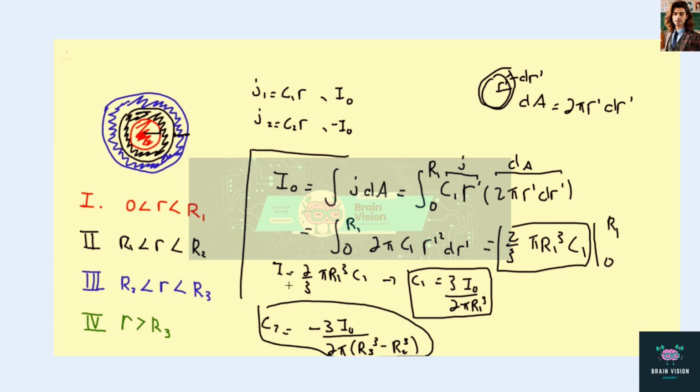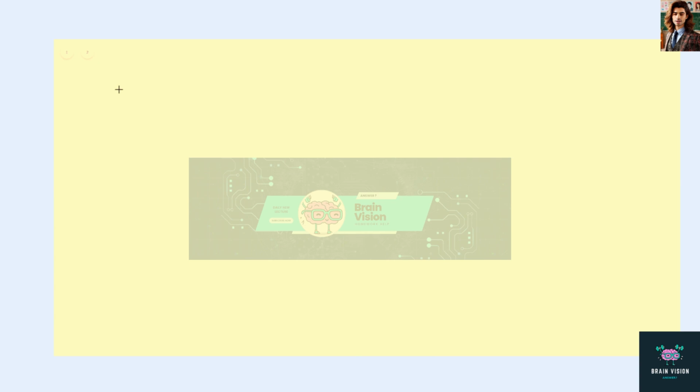So now we have our constants C1 and C2. And so now we can go about finding what the actual field values will be in these places. So we're just going to use Ampere's law for that. So we'll go on a new page here, and we'll start with region 1. So that's the red core, so from r equals 0 out to r equals 1. And so Ampere's law is just